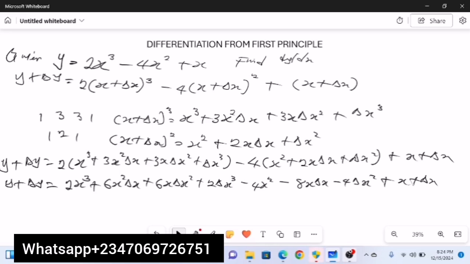Now since I'm looking for dy over dx, I will simply transfer y to the right hand side of the equation, leaving change in y at the left hand side. So I'm going to be having change in y now equal to 2x to the power of 3 plus 6x squared change in x plus 6x change in x squared plus 2 change in x to the power of 3